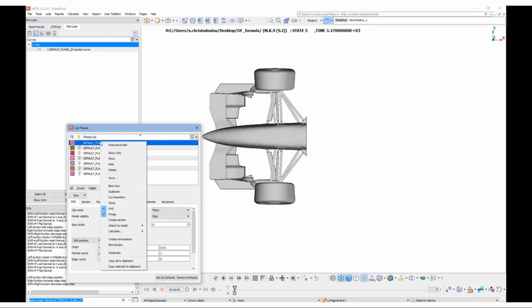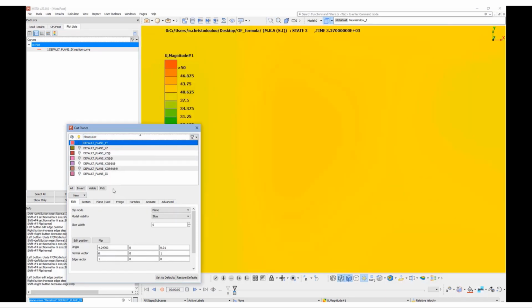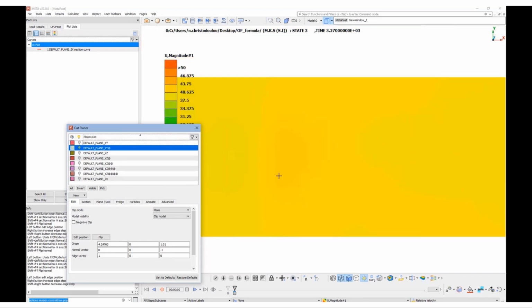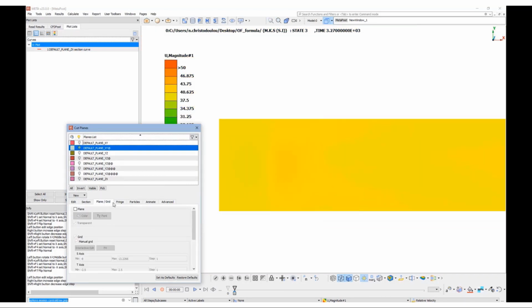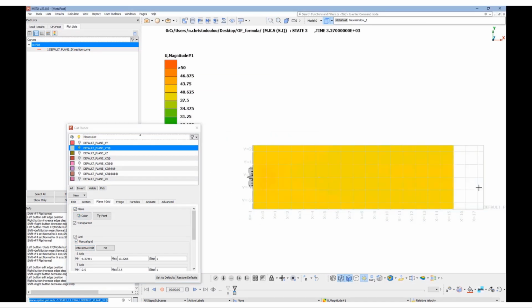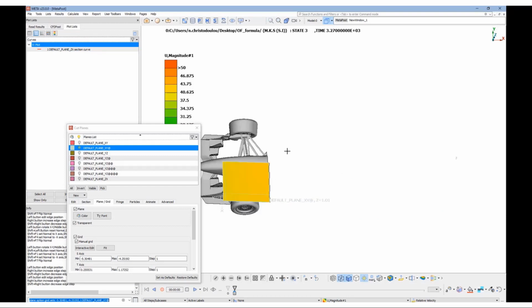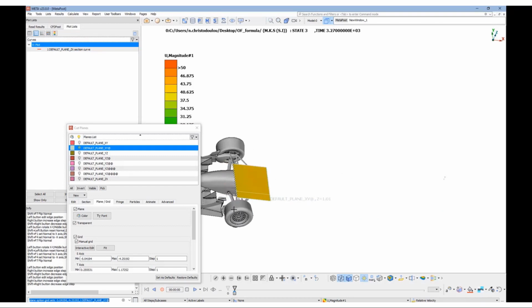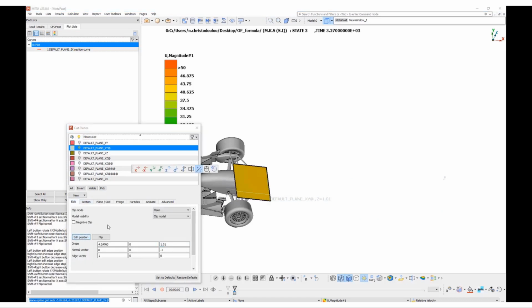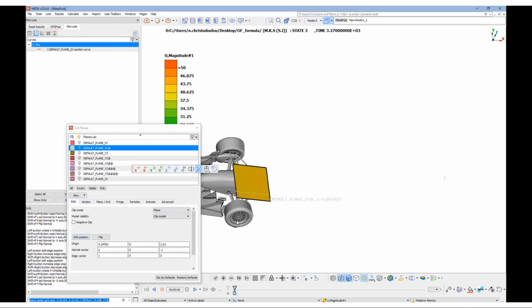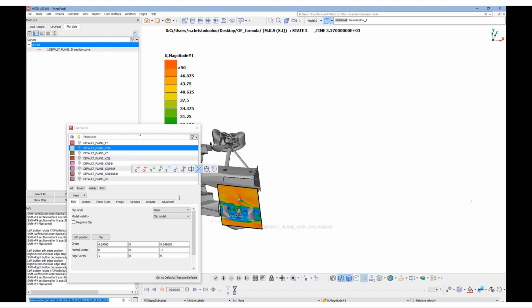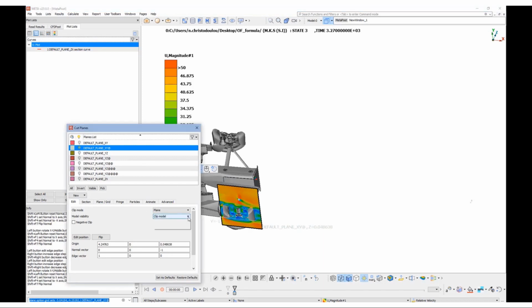Let's create on the fly two more cut planes with LIC visualization to check the flow close to the wheel. Once more, we need to make the plane finite, so we adjust the grid, and then we're going to move it into position and enable the LIC style.